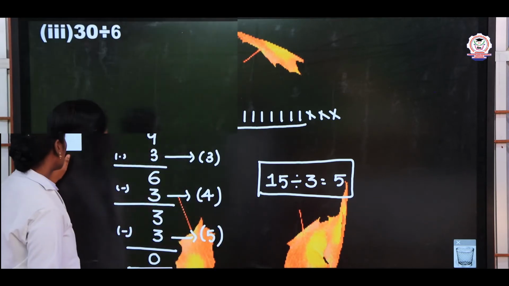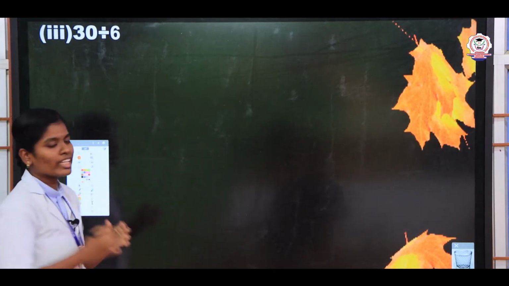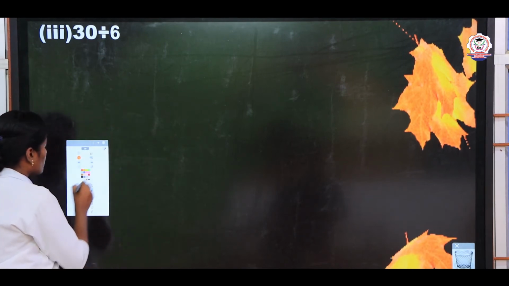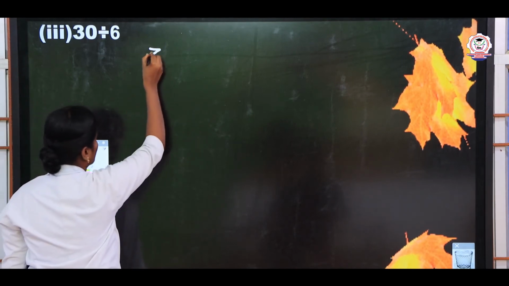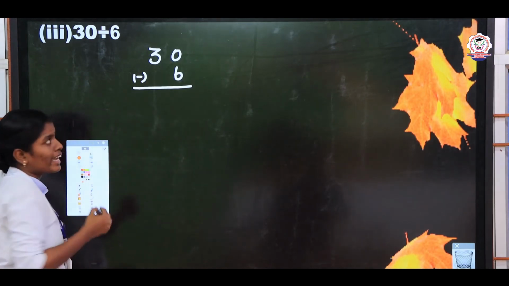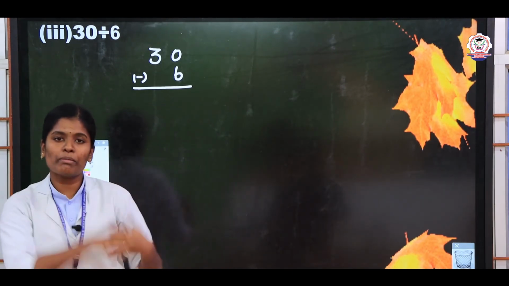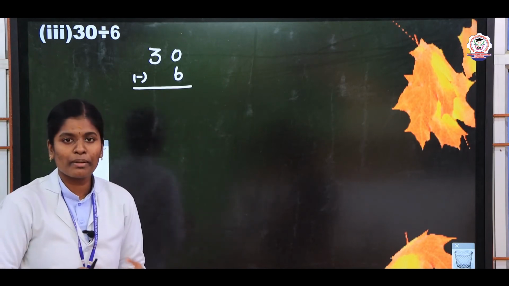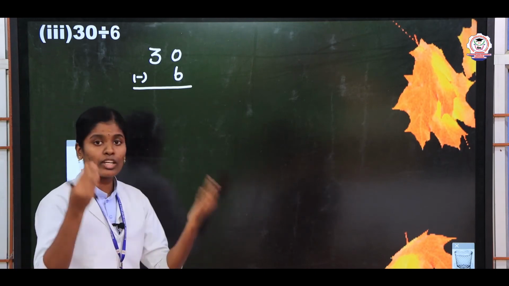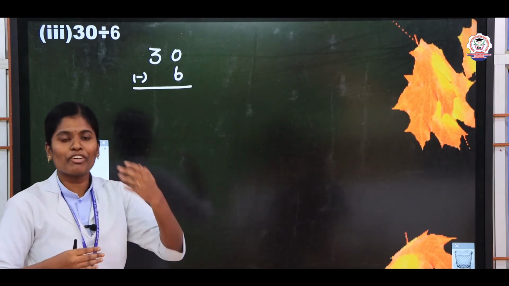Listen here. So here we have the question 30 divided by 6. 30 is called the dividend and 6 is called the divisor. Now you take 30 minus 6. Take the ones place value. The ones place values are 0 and then 6. Now tell me Purtika, 0 minus 6 is possible? Very good. It is not possible. Why? Because compared to 6, 0 is the smallest number. So here you are going to borrow from the before number.